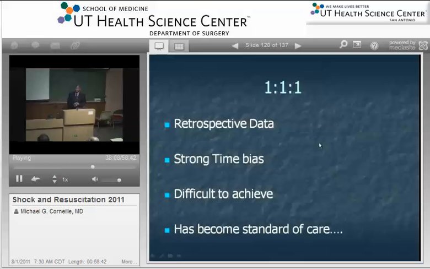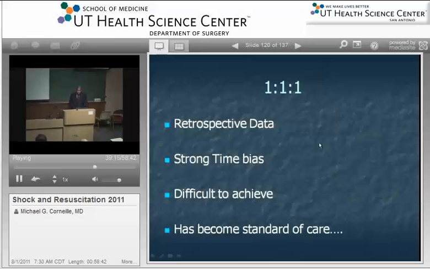So the problem with this study is the problem with much of the data surrounding this issue. I could spend another 2 hours talking about what's the optimum ratio. But most of us have heard described 1-to-1-to-1 red cell to plasma to platelet ratios being the optimum. Most of those studies are retrospective, including the one that I just showed you, but they do show a strong improvement in mortality, and there have been many studies. Just looking up the author of that previous study, Dr. Holcomb, there were 38 studies that he's been an author on, much less all of the other studies that have come out in the past 5 or so years, describing what the optimum ratio of red cells to plasma